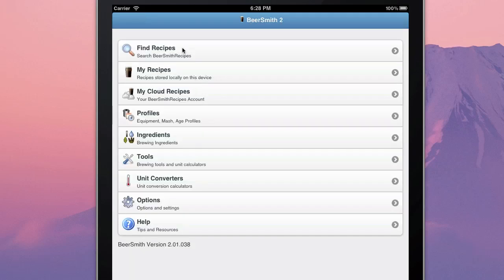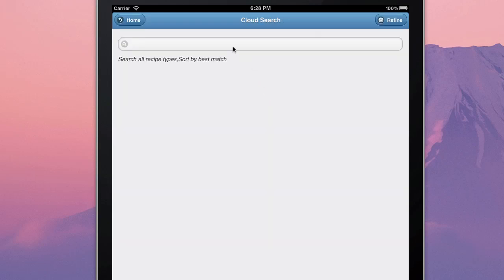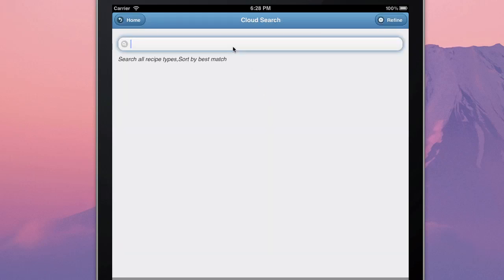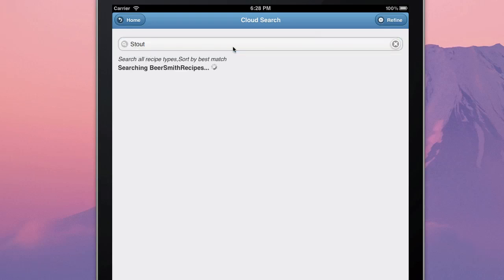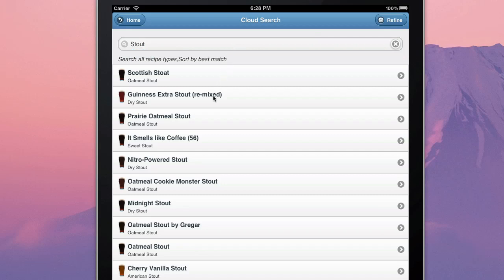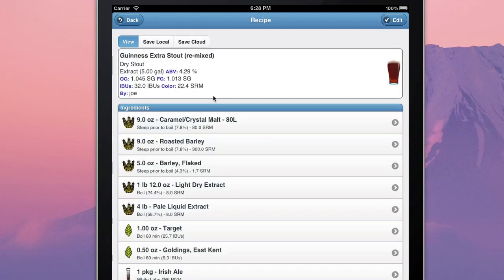Going back out to the home, again, we've also got access to the entire BeerSmithRecipes.com recipe database, which lets you search currently over 7,000 recipes that are available and shared online by other brewers. So for example, if I want to find a stout, I can pick one out. I can search while I'm on my mobile device, search the cloud, if you will, search the BeerSmithRecipes.com site,